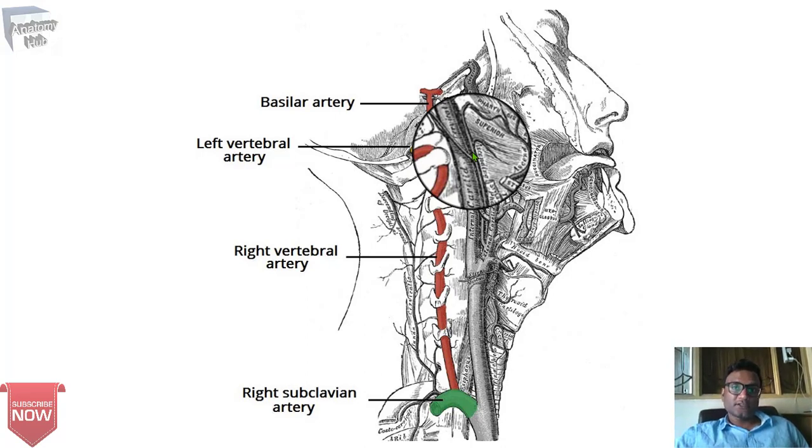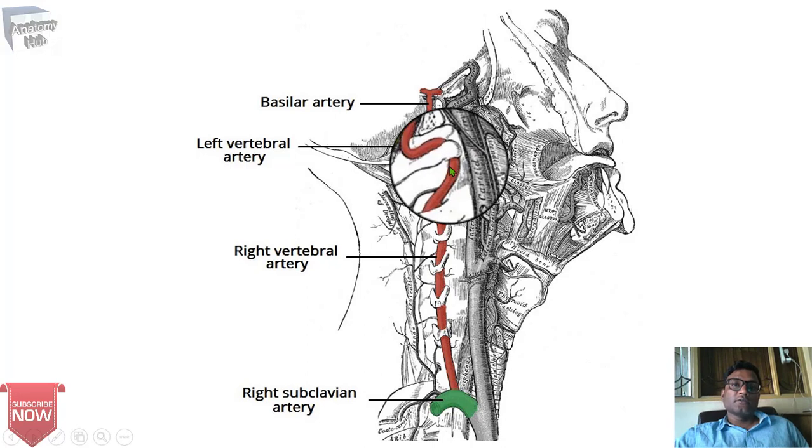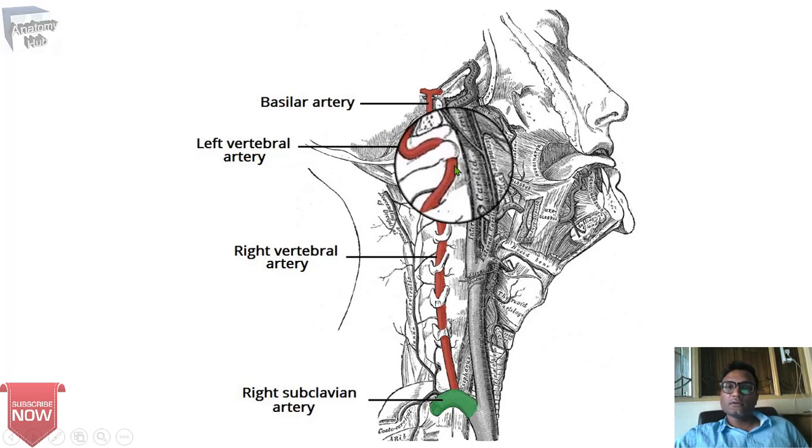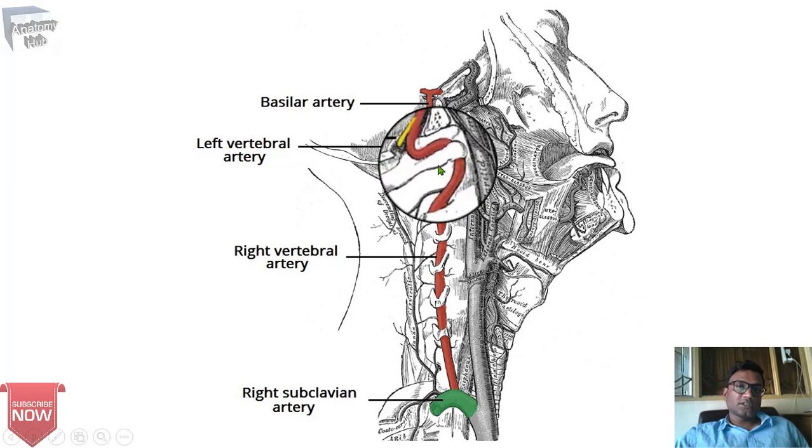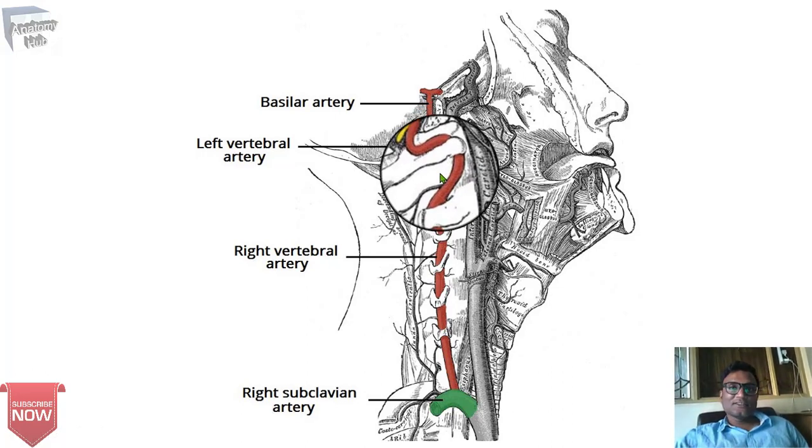In the hangman's fracture, you'll find that the pedicle of the axis is very long and thin. So if someone is hanged, this pedicle will break, and the body of the axis will be posteriorly dislocated and will compress the spinal cord. So here we have completed the osteology, attachments and relations of the cervical vertebrae, especially the atypical cervical vertebrae.